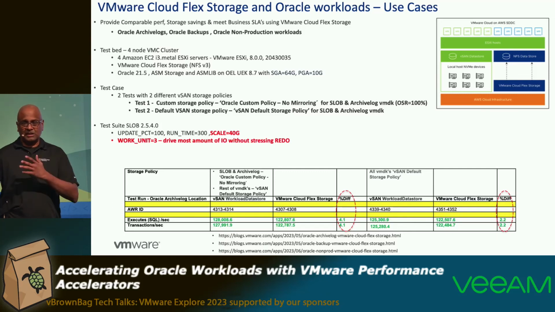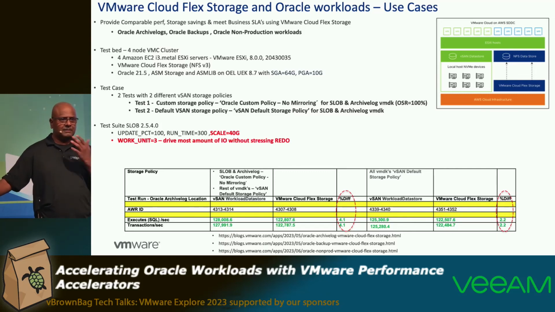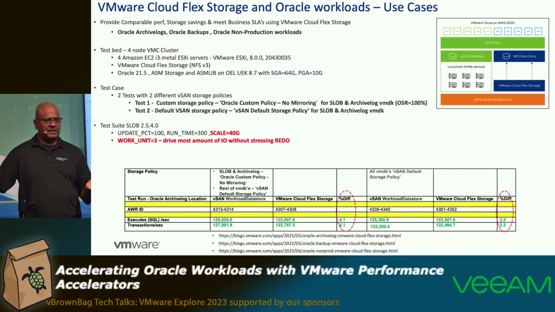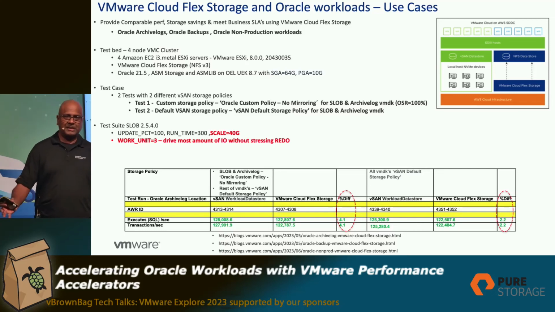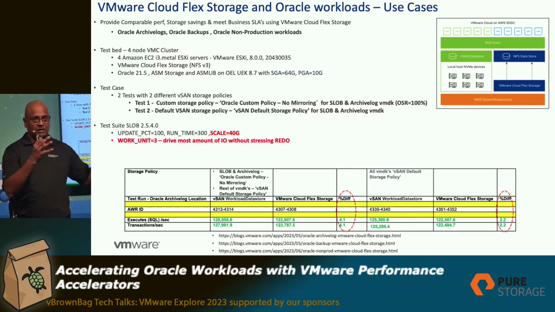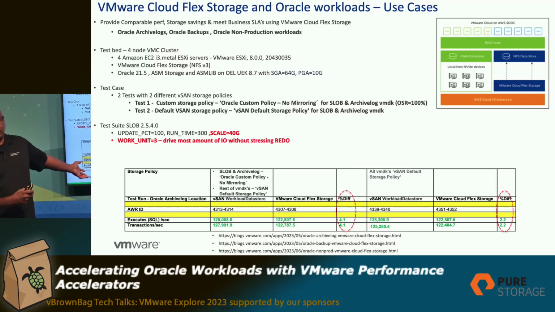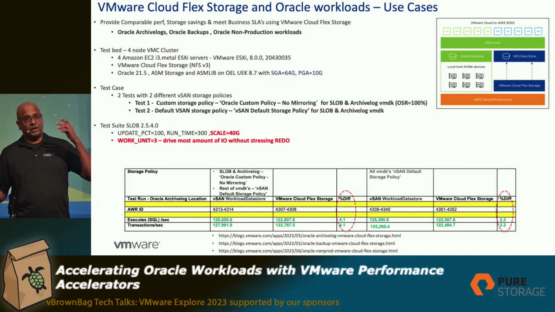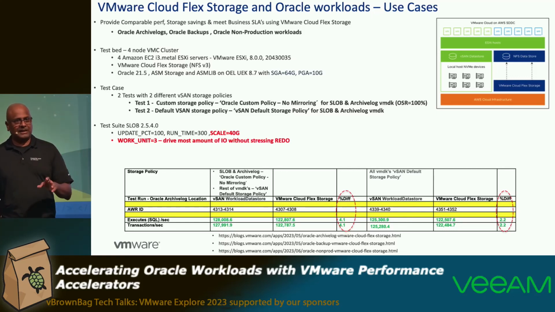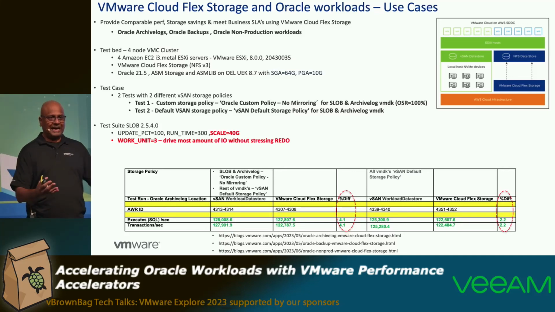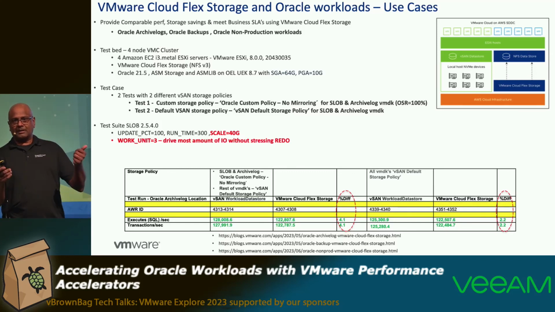You could do that. Question back to you: are you asking me to run my production databases on that? No. Because at the end of the day, the workload profile determines where it has to land. Production databases, vSAN, because those are your tier 1 databases. If you have to move your test, dev, staging, financial, anything that's pre-prod, yes, that could be a great use case for you. When you go to the cloud, you have to use archive logging. You have to store your archive log somewhere, and your backups as well.